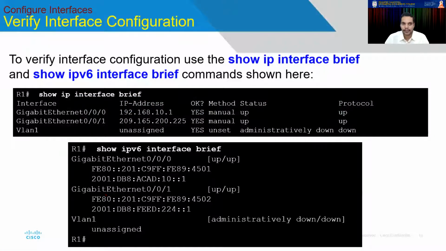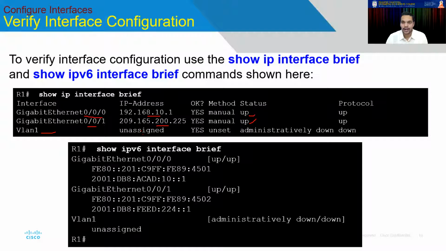And there are multiple show commands which will help you to verify whether you have done all the configuration for this particular interface in the right way or not, whether you have given the right things or not. So for that, the first command that we use is show ip interface brief, which shows you just a brief summary about the interface. If you see here, for this particular R1, we just configured two interfaces and both the IPv4 addresses are being shown up, and it is also showing that the status is up. Okay, there is no VLAN assigned currently, so it's saying that VLAN is not assigned and it is down.